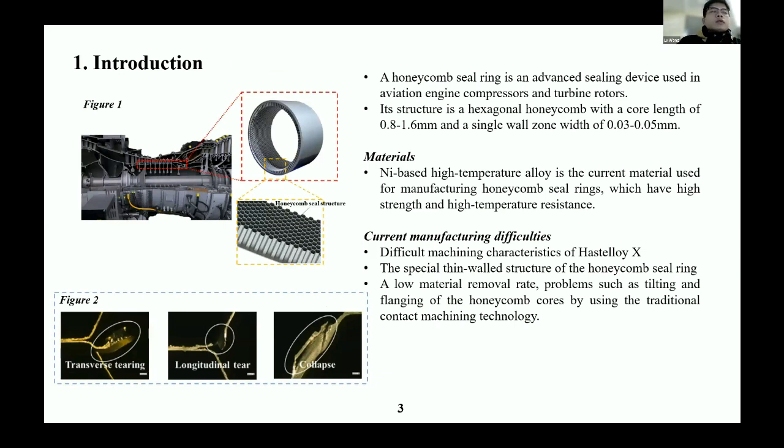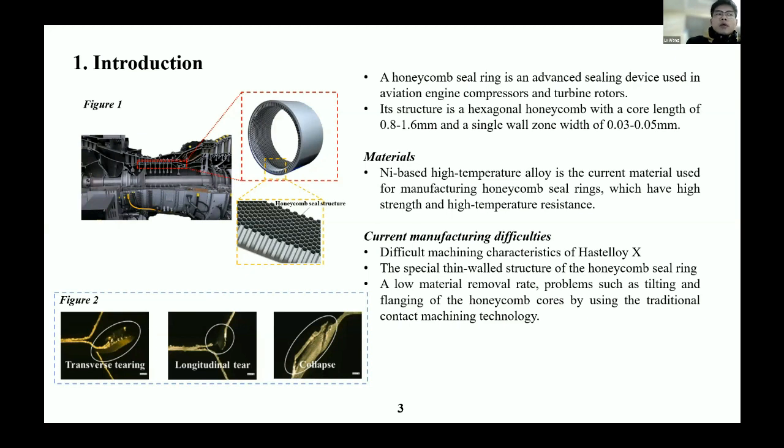Firstly, this is the introduction. Honeycomb cell structure is an advanced sealing device used in the aircraft engine compressors and turbine rotors. As shown in Figure 1, the honeycomb cell structure is a hexagonal honeycomb with a core cell length of 0.8 to 1.6 millimeters and a single wall area width of